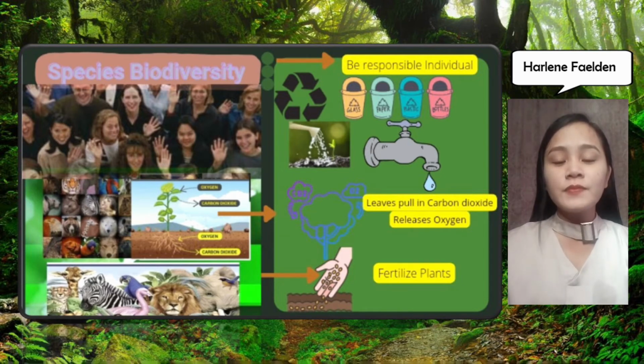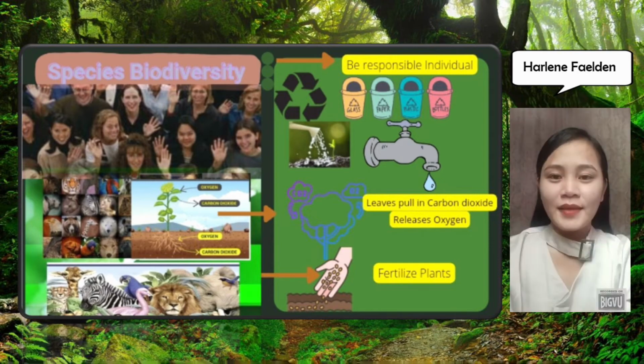It could also help save energy, clean the air, and help combat climate change. Leaves pull in carbon dioxide and produce and release oxygen. Animals help maintain the Earth's natural environments by preying upon plants and other animals, pollinating various plants, and exhaling carbon dioxide, which green plants require to live. Additionally, animals help to fertilize plants via their droppings, which provide nutrition for plants.